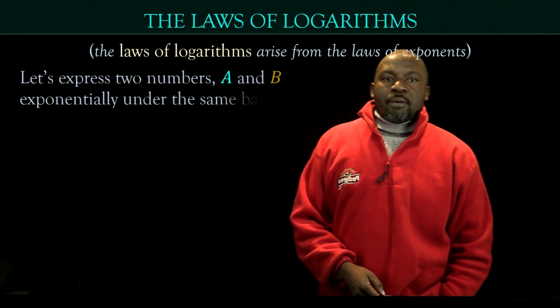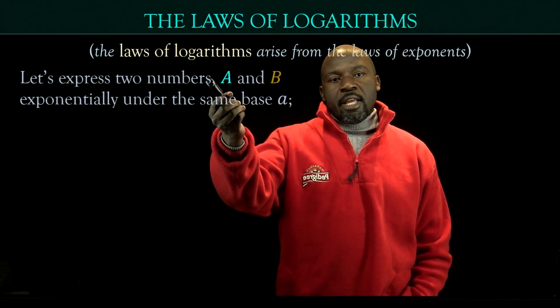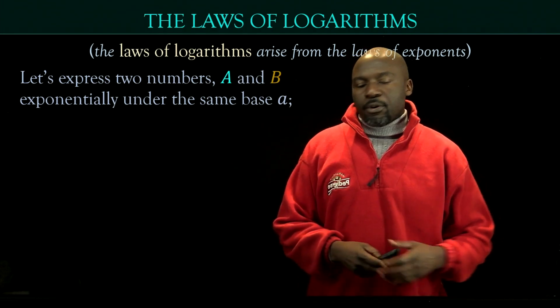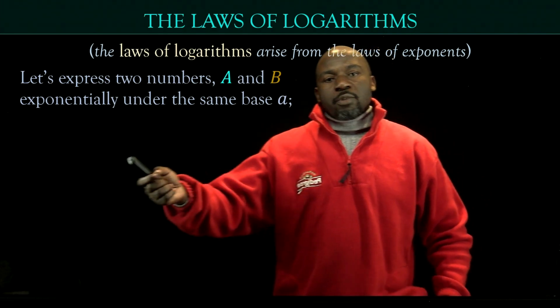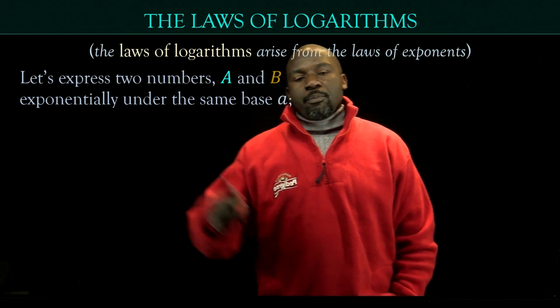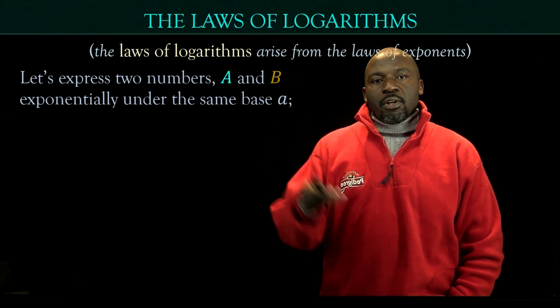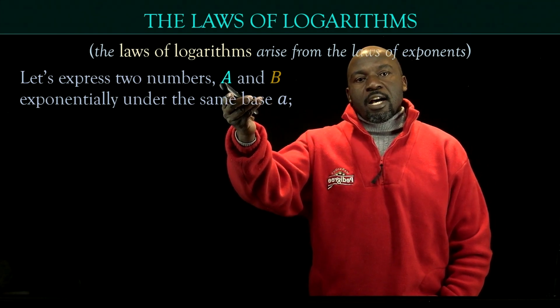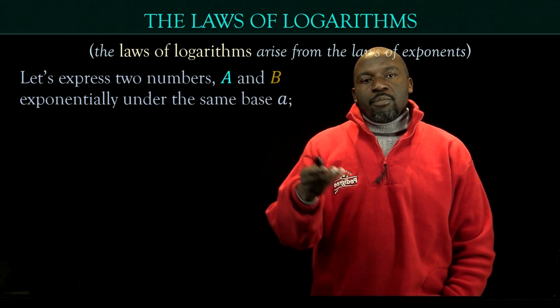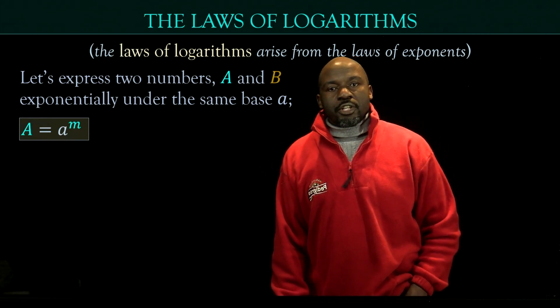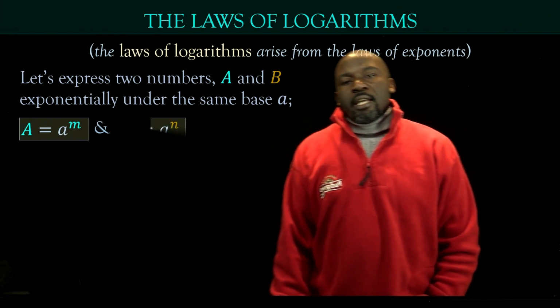Let's express two numbers a and b. For example, what I just said, we expressed 100 as 10 to the power of 2 and 1000 as 10 to the power of 3. So let two numbers such as 100 and 1000 be expressed in exponential notation,